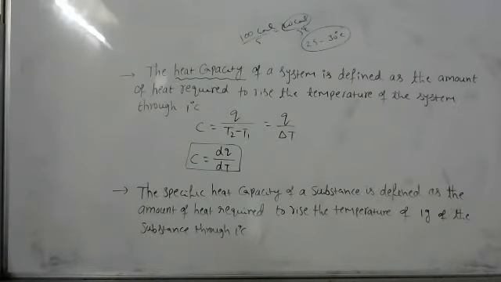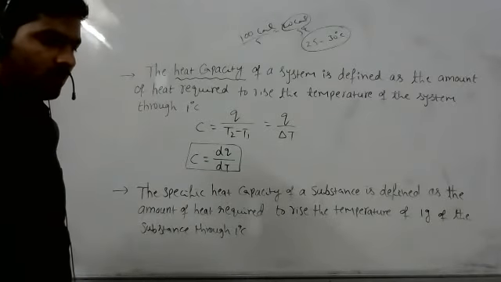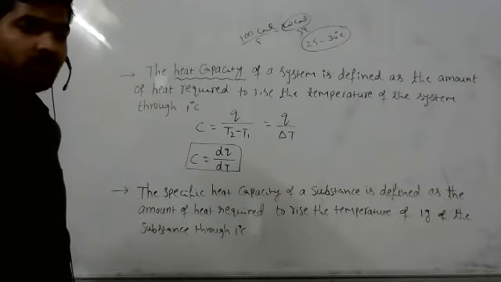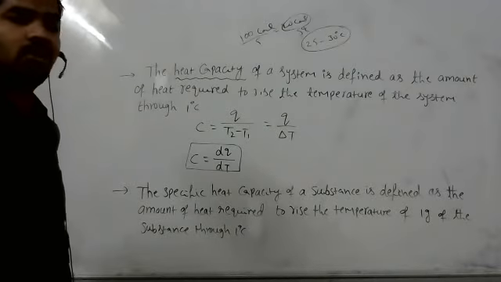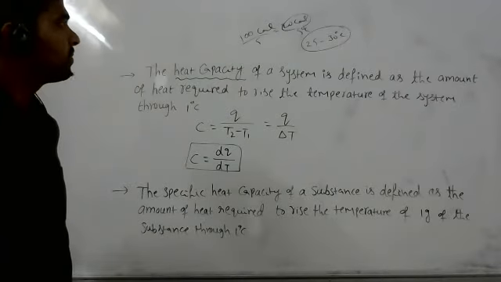Sir, I have a doubt. Sir, once the boiling point or melting point is reached, at that time latent heat of vaporization is there, no, sir? So temperature won't rise, no, sir? No, further it won't rise. Once it reaches its boiling point, then we can't raise it further. It's not possible. It changes state, no? Then, sir, delta T will be 0, no, sir? Then how is it defined there?